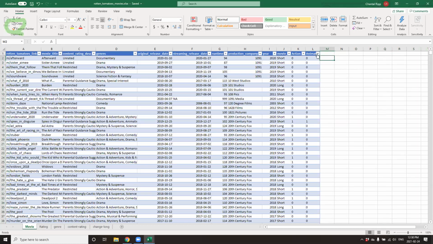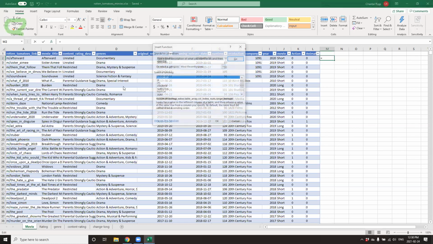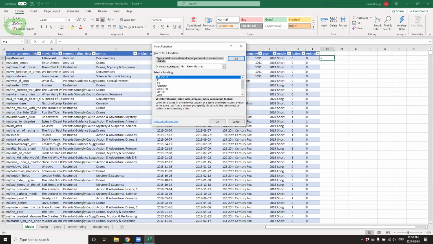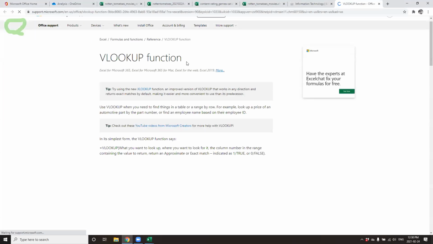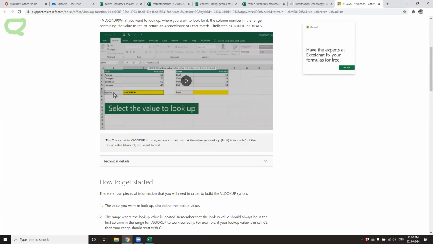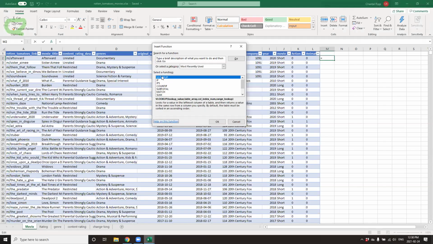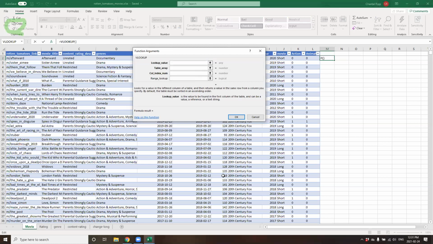We can continue with the formula, but if you're not comfortable or don't know all the formulas, Googling them is very practical, but there is also this formula function, which gives you a predefined range. So select a function, and just so happens we are interested in VLOOKUP. And a great tool, if you're not familiar with what that contains, you can click on the help function. This will actually open up in Microsoft Office some great tips on how to leverage and use that, oftentimes with videos. Going back into my data set, we're going to click on VLOOKUP.